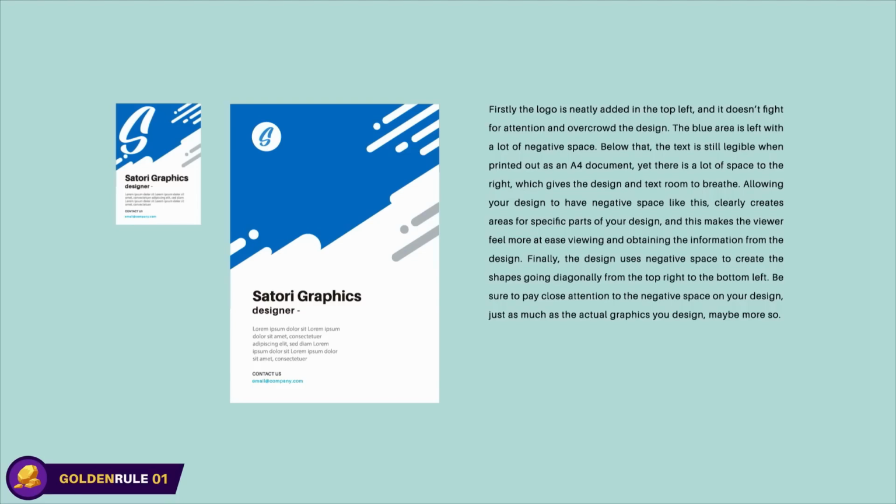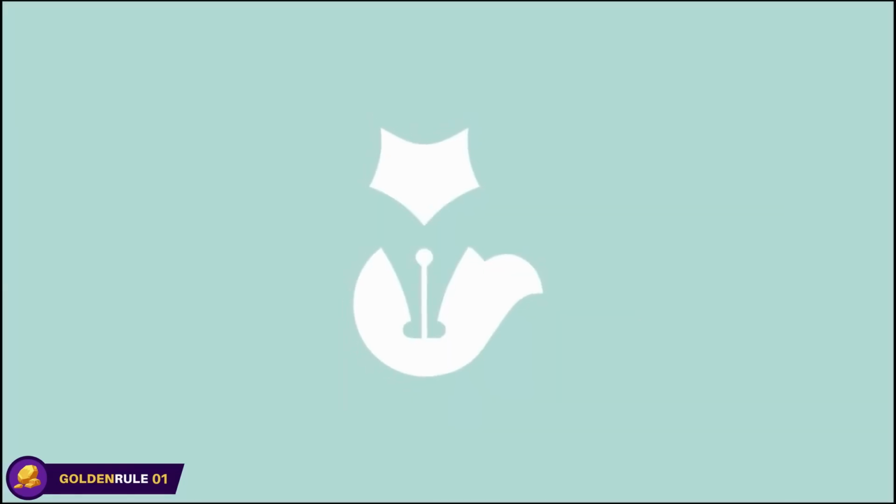itself. So finally, the design uses negative space to create the shapes, going diagonally from the top right to the bottom left. So be sure to pay close attention to the negative space on your graphic designs just as much as the actual graphics themselves, if not more so. Negative space in logo designing is often strictly around optical illusions and creating shapes with negative space. If you want to see more about negative space in logo designs, I have a video linked at the end